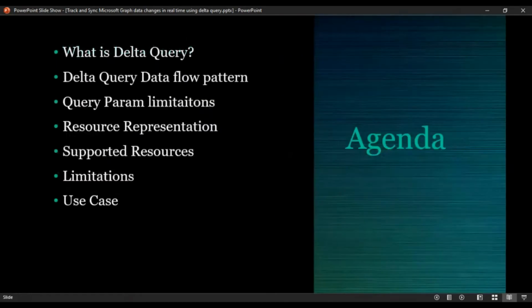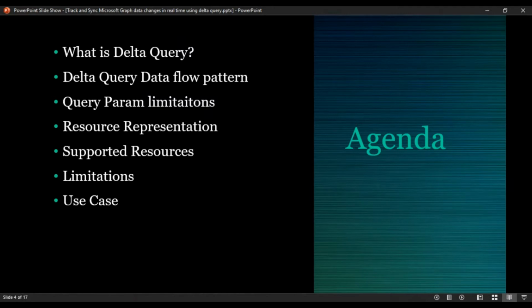Let's get into it. Today we are going to see what is delta query and how the actual data flow is, and how it differs from the regular query that we make to get the data from the Microsoft Graph.